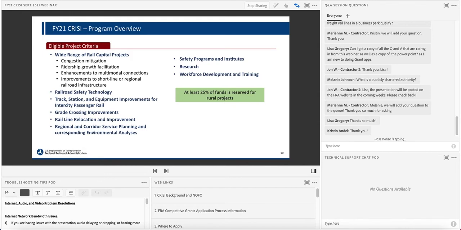Project-specific planning. So only corridor planning is eligible. Planning for one component project of a larger corridor, say a station or a port improvement, for example, would not be eligible for planning under CRISI. Commuter rail passenger transportation. Except for the deployment of positive train control systems, commuter rail passenger projects are not eligible